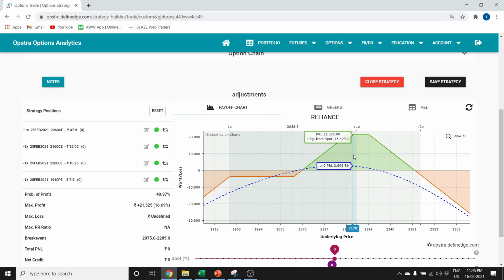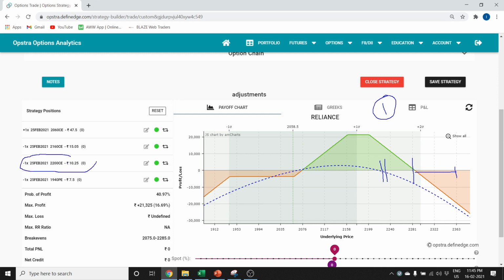Now the second adjustment is the range extension adjustment. See, this is our upside break even level. If price reaches 2 or 3 strikes before the break even level, we try to extend this break even level further so that we can get some time. Now this can be done, one, just by removing the extra sell leg which we have on the call side. So in this strategy we have 2200 call sell. We also have 2160 call sell which is part of this debit spread.